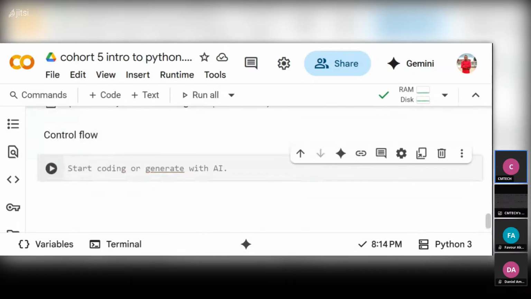Now this control flow, we are going to work with digits, some series of digits and integers too. So we are going to create two numbers. After creating the two numbers,